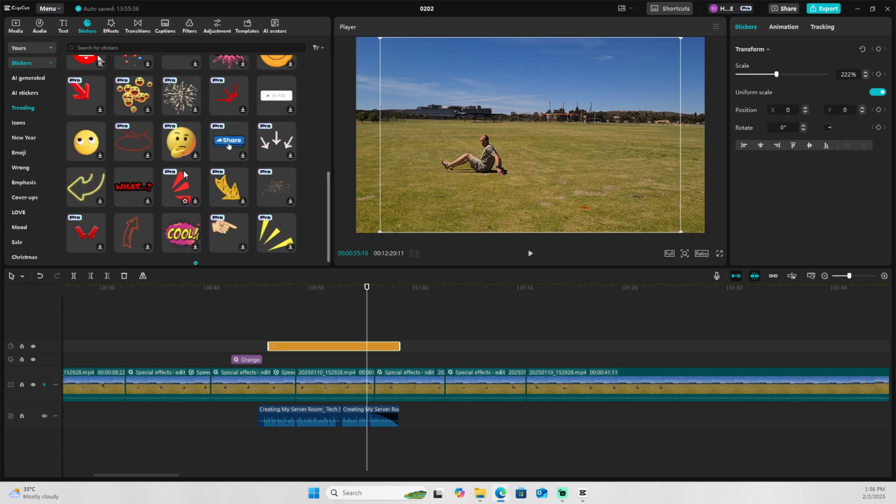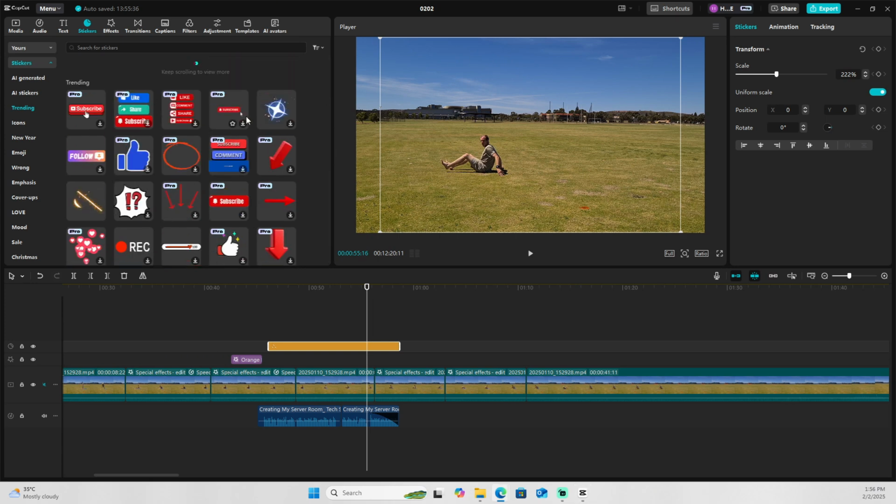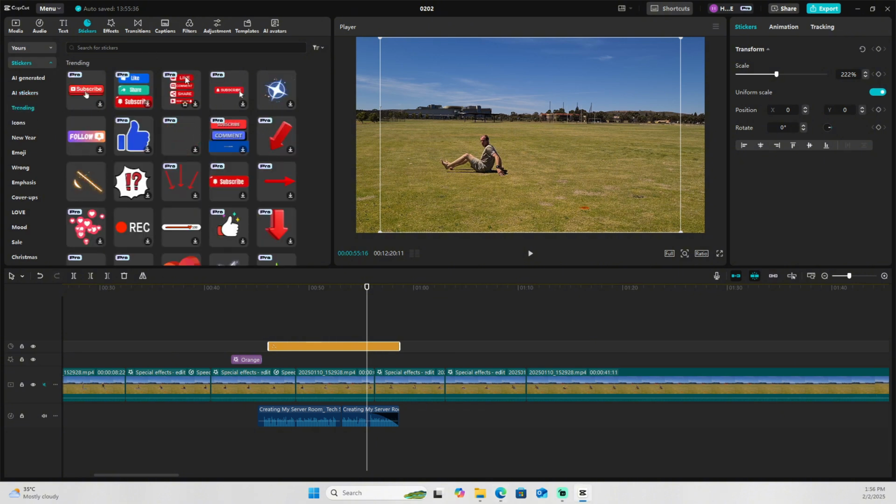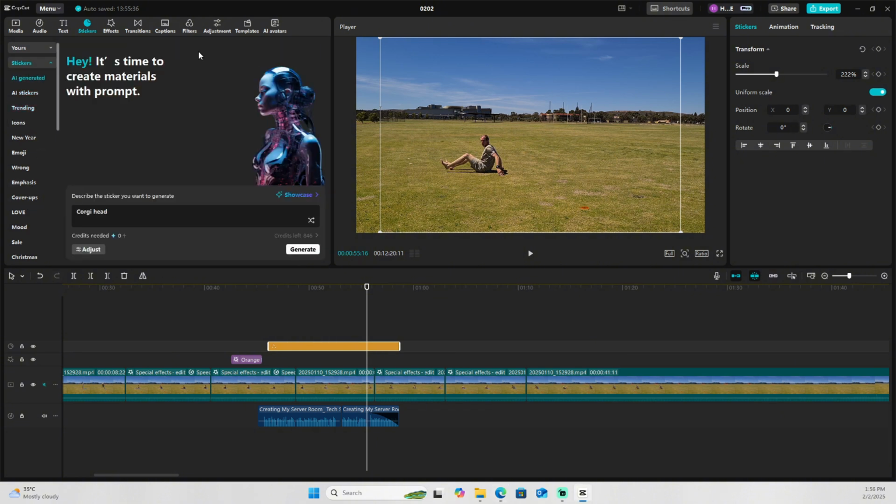There you go. So that's stickers. You've got all different types of stickers here. You can go with the arrows, little characters. You can generate your own sticker here. So what kind of sticker do we want? Let's